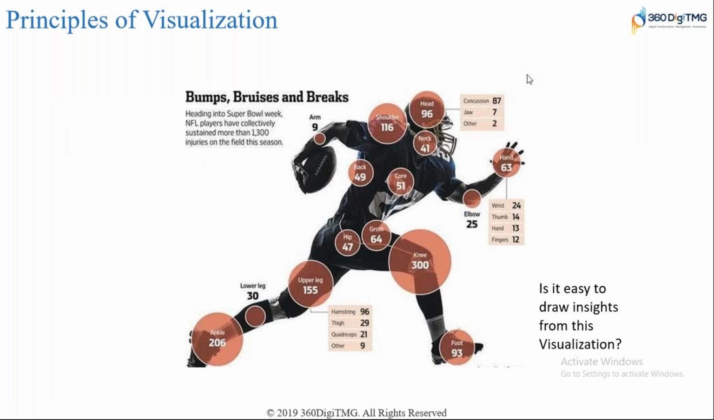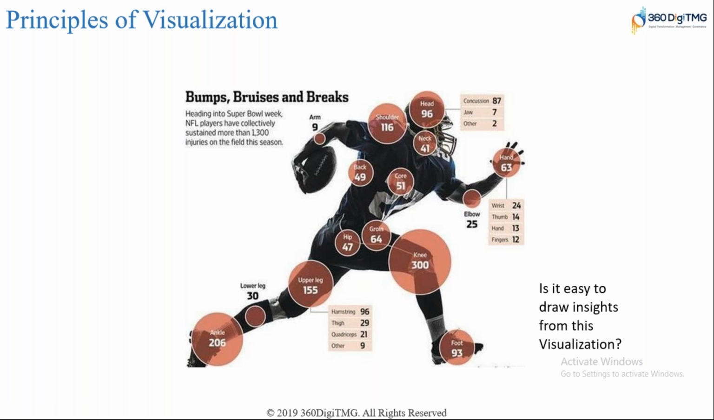Look at this visualization. Basically, this incorporates all the best practices and principles. One look at it, I know that it is talking about the injuries that have occurred on different body parts for players. So this is definitely talking about some game season, right? Super Bowl week. And the data point, the bubble there or the circle there, is telling us about the number